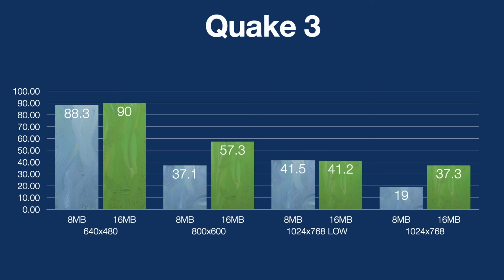But if we jump up to 800 by 600, and this is at high, max everything, we have quite a big difference here. And this is purely because of the VRAM. And so having that extra 8 meg really makes a big difference. Again, I wanted to see how that played out when I jumped to the